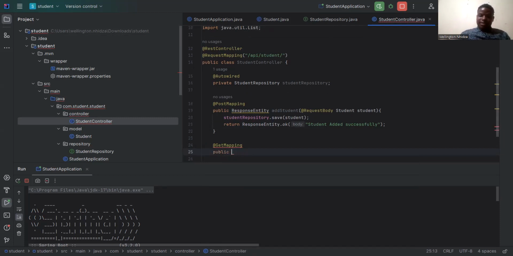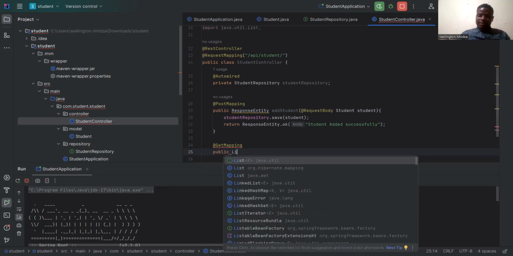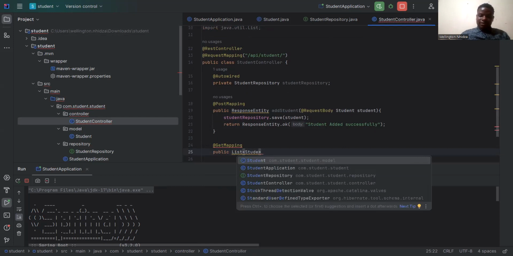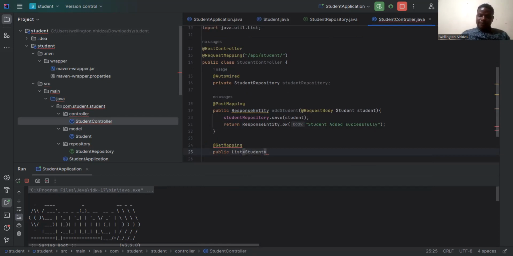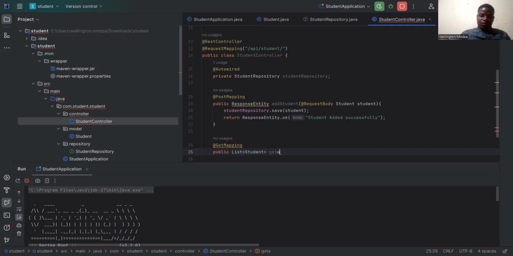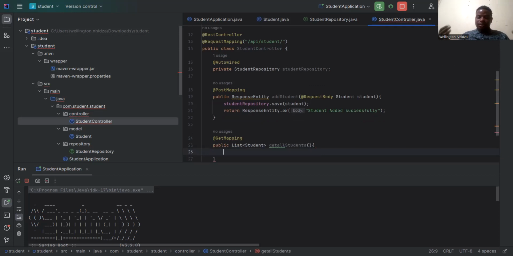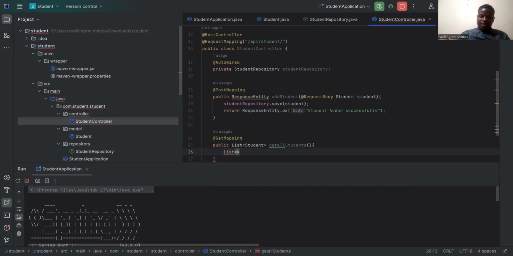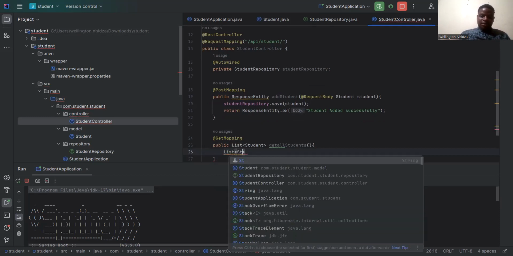The return type will be a list of all the students, so we say get all students. This is the name of the method, and here we don't need to pass anything. We just need to get some students. So here I'm just going to say list. This one is a list of students,